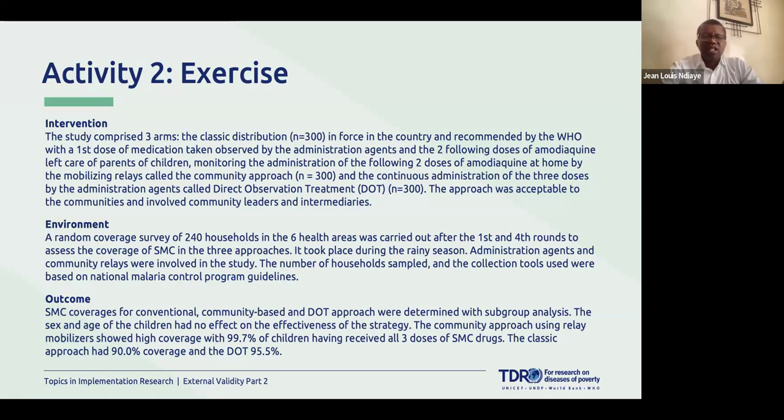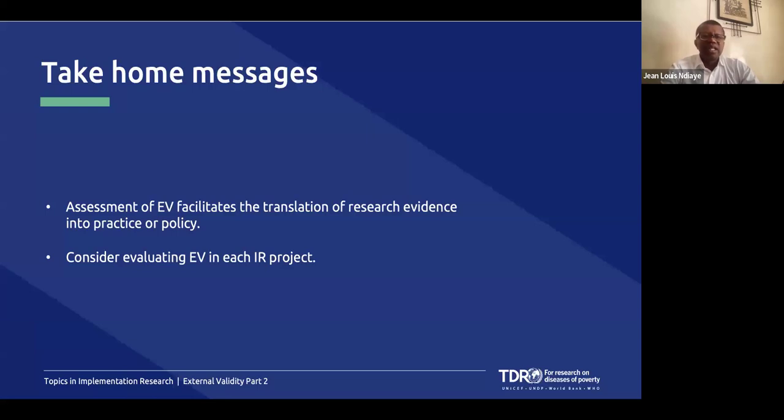So they assessed the feasibility and the coverage of the study. They found a difference in the coverage, while there was no difference in the effectiveness of the strategy. So we ask you to see if you can assess the external validity of this particular study